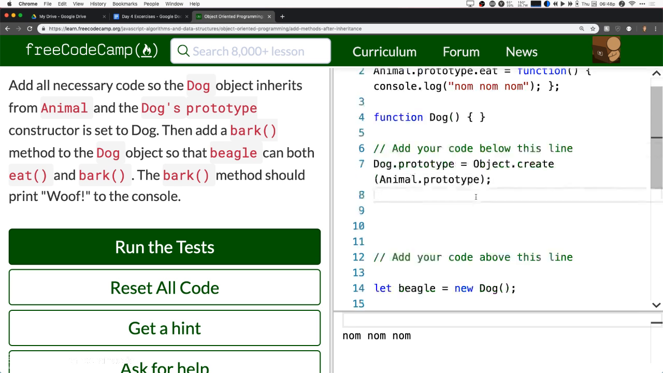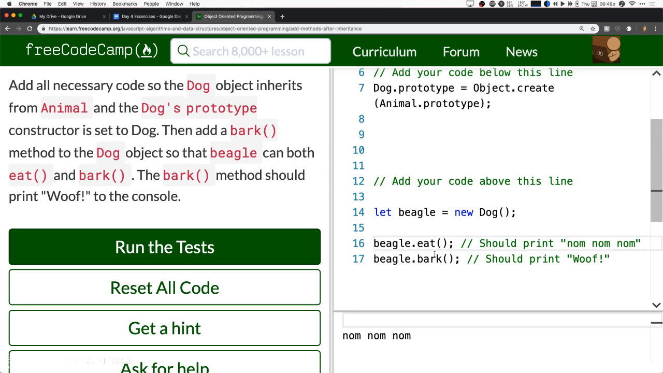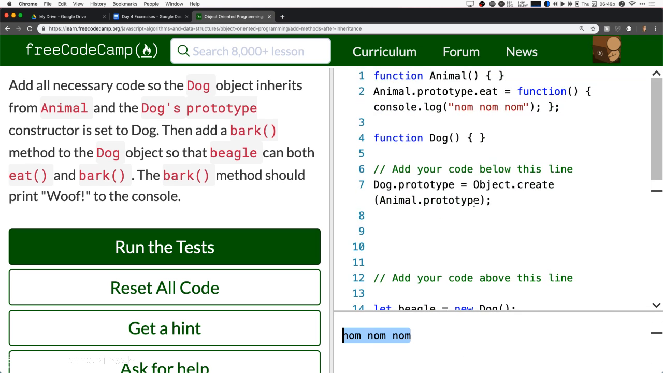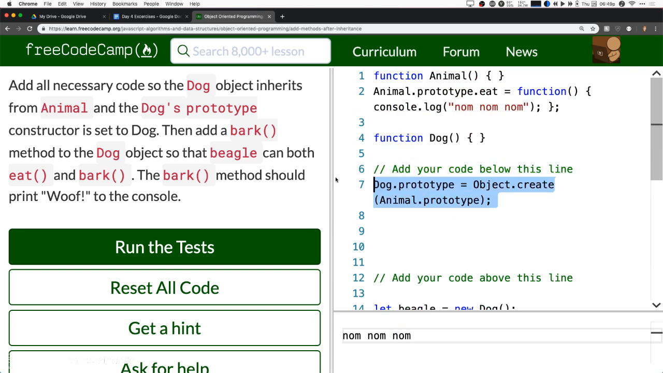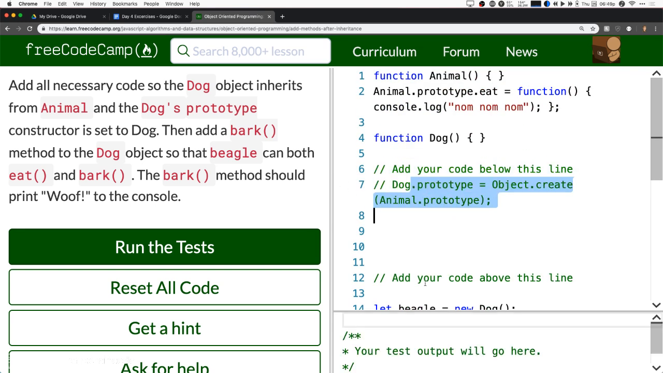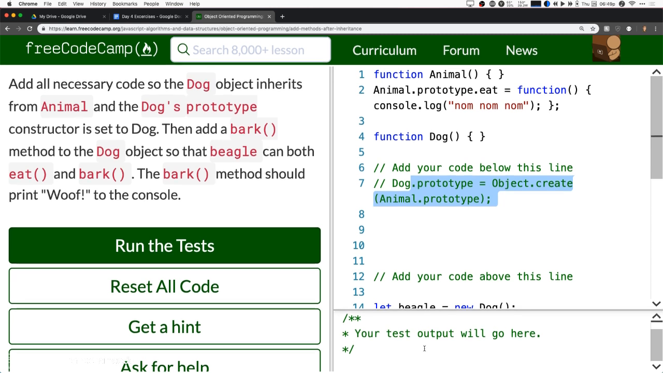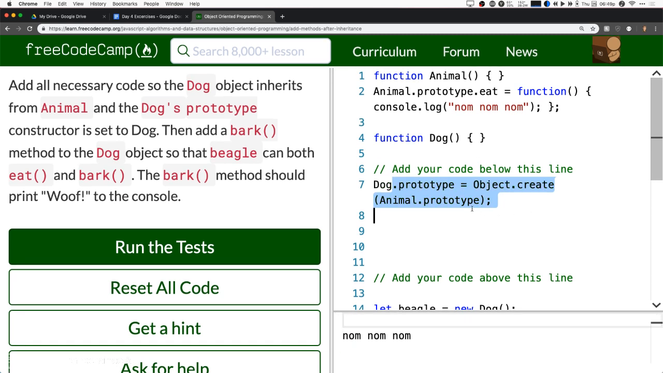Now we have that. So if we come down here and we run beagle.eat, look what's coming out in our console. Just because we said, hey, the prototype of dog, the parent of dog, is an animal, we now have access to nom nom nom. And if we comment this line out, we suddenly lose our nom nom nom. Okay, so now we've associated our dog with the animal. And now we need to